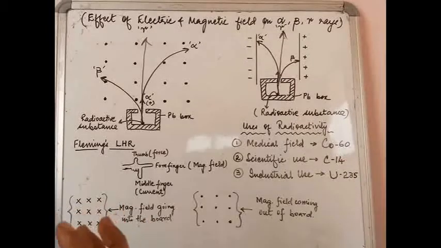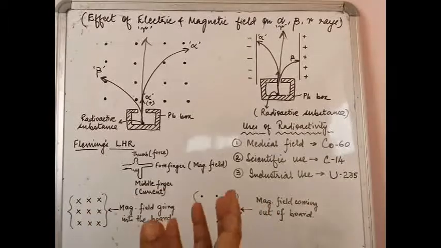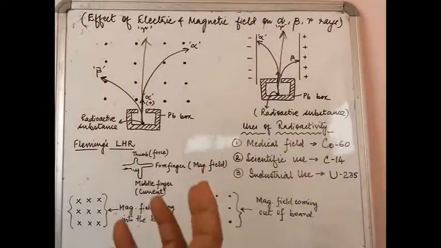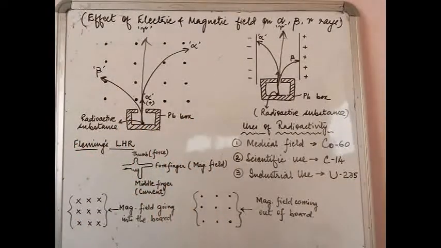Okay, so they burn that fuel, not exactly burn, but they use the radiation coming out of those radioactive isotopes, and then those radiations are used to generate heat, and then that is transformed into power. Okay, so that is basically the generation of electricity using radioactivity. Okay, so which isotopes are used? U-235 is one such example of a radioisotope which is used in nuclear reactors for constructive purposes, for the generation of electricity. Similarly, you have many others also. You can have a look, read through the book, you will find those also.